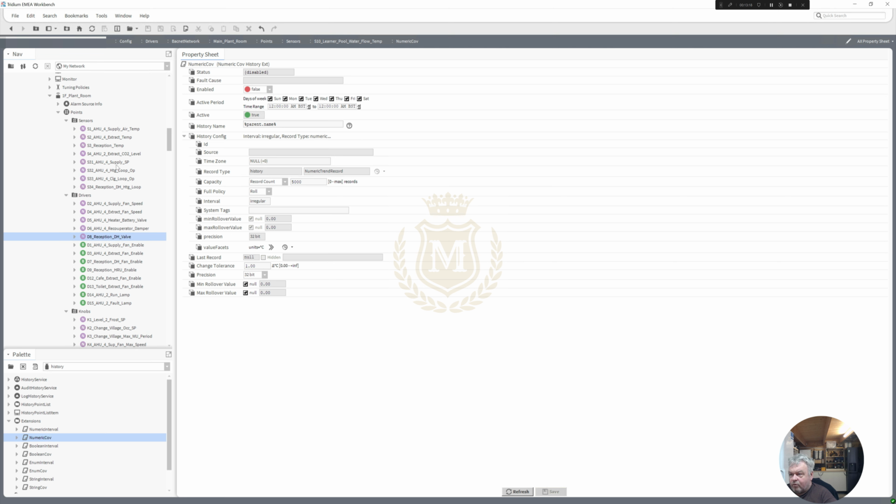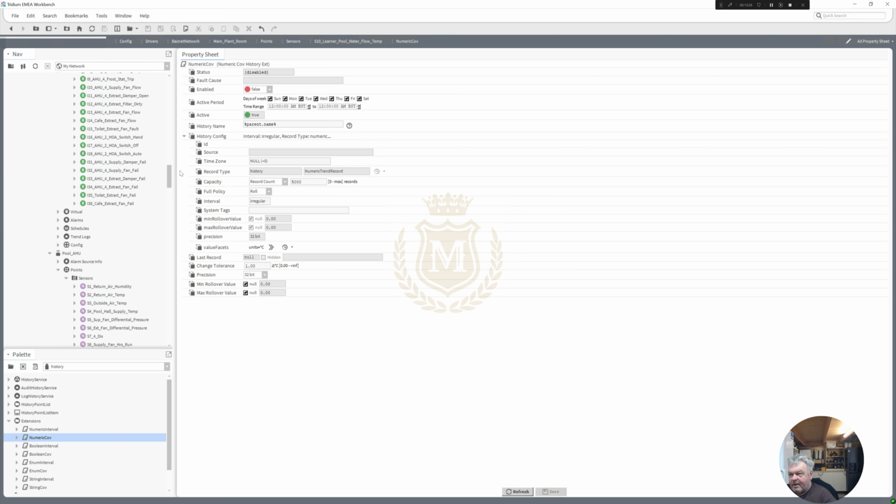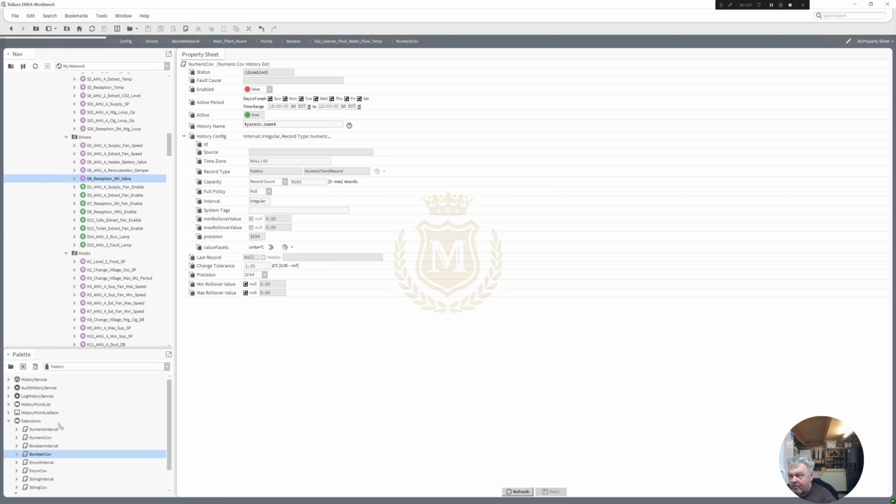So that's done for all the sensors and drivers numeric. I haven't done the knobs, the adjustments or anything else. So I've done all them. So we start at the top again, and now I'm going to do these booleans. So we go for a boolean change of value. We drop it into there,